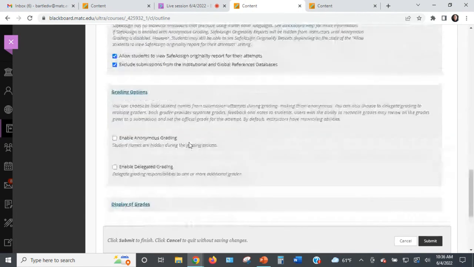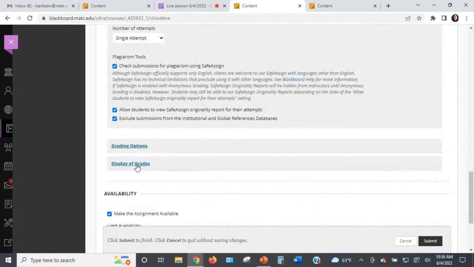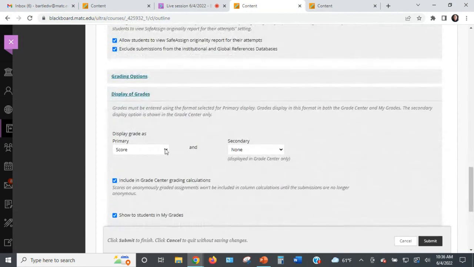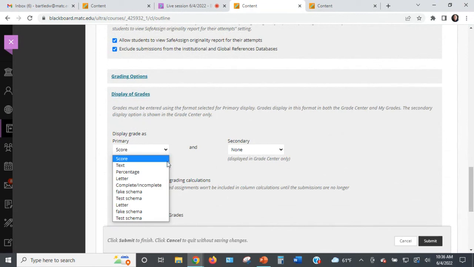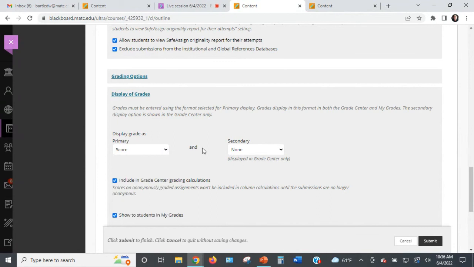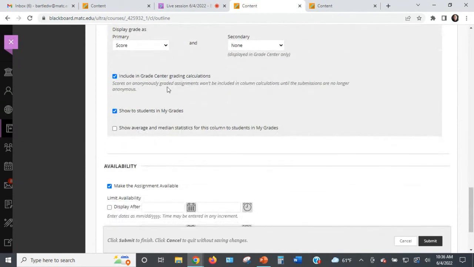Grading options, that is advanced Blackboard, display of grades. The only thing I'll talk about here is you can either do it as a score. The only other one that I want to talk about is a percentage. Score, straightforward number; percentage, obviously a percentile. The other stuff gets talked about in intermediate and advanced. The rest, leave them. You do want it in the Grade Center calculations. You do want to show it to the students. And this third choice is,